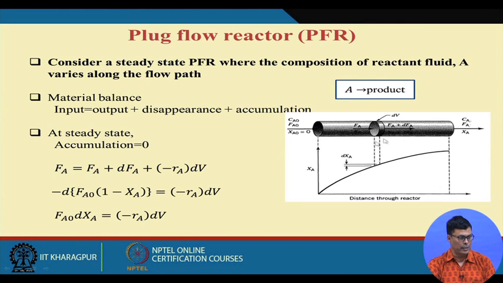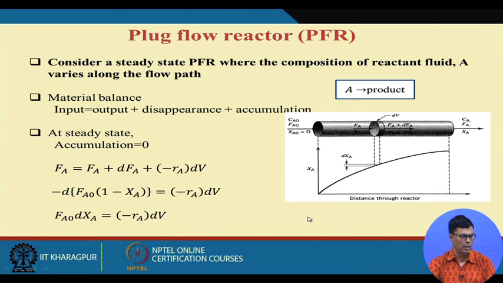Liquid is flowing like this. Now how can we write this equation? Rate of input is FA, output is FA plus dFA, and rate of disappearance is minus RA into dV. If you analyze this system as we have done before,